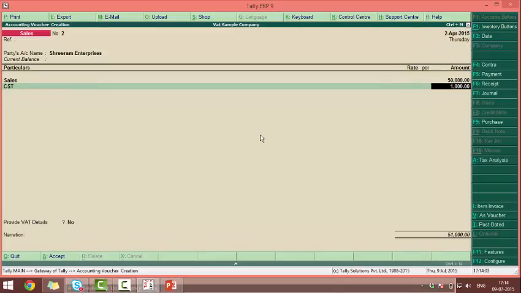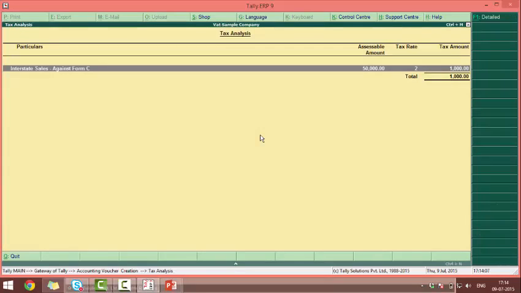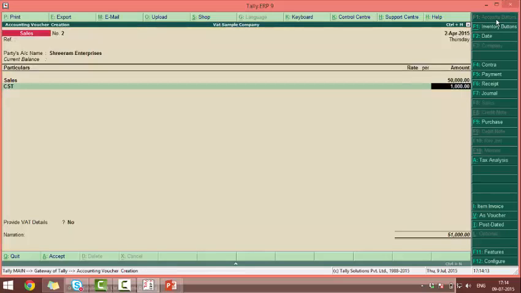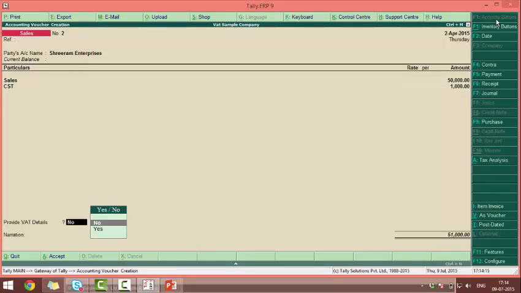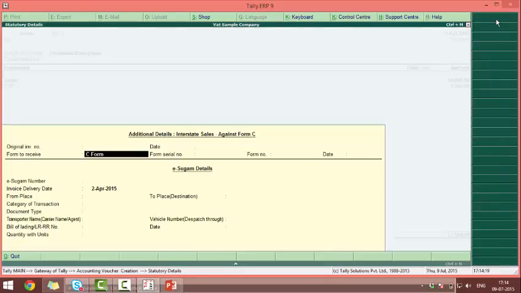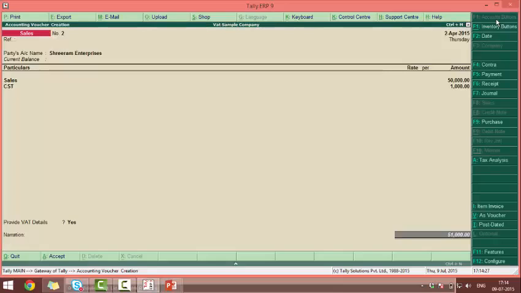You can see the CST is getting calculated at the rate of 2%. Right? Over here, if you say provide details, yes, you can give the C form details. Form serial number, form number, date, and save this.